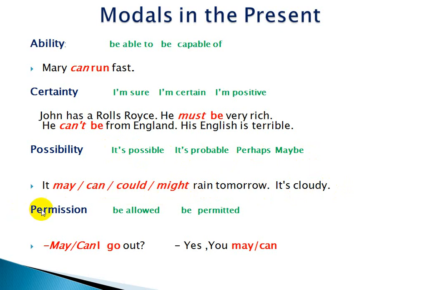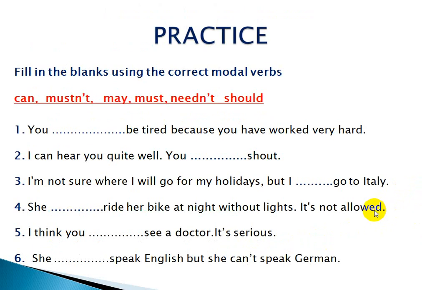Permission can be expressed by using the modals may or can. Example, may I go out? Can I go out? It means, do I have the permission? Am I allowed to go out? Am I permitted to go out? Yes, you can. Yes, you are allowed. Yes, you may, or yes, you can. You are allowed. Now, let's do some practice after